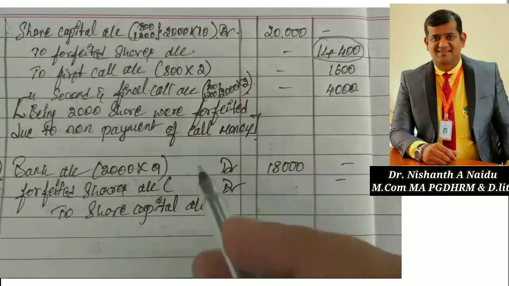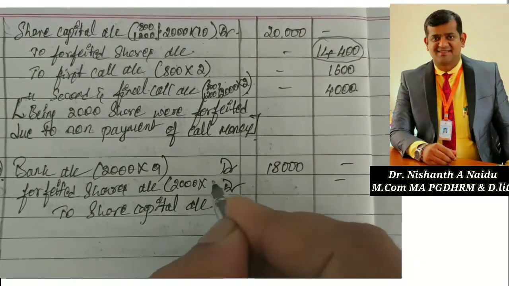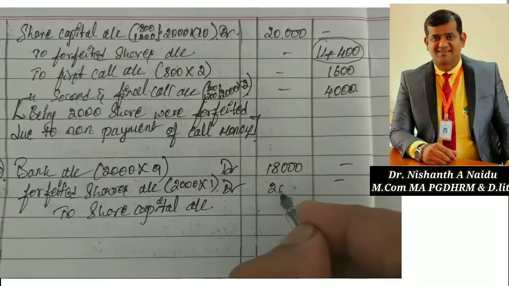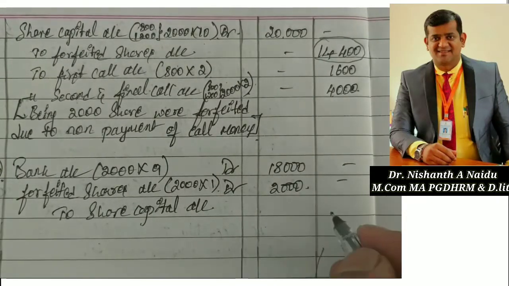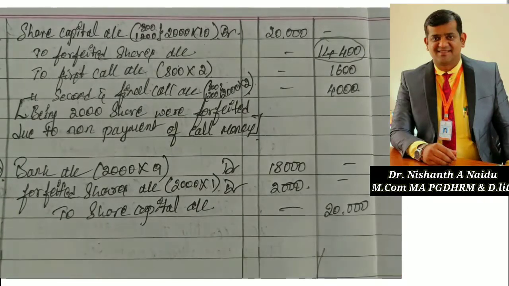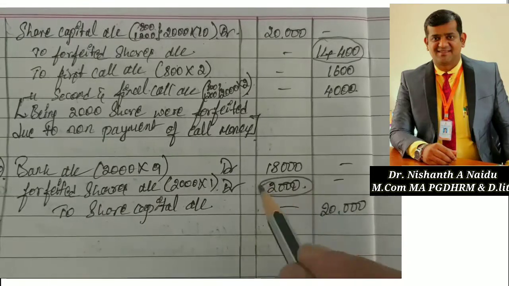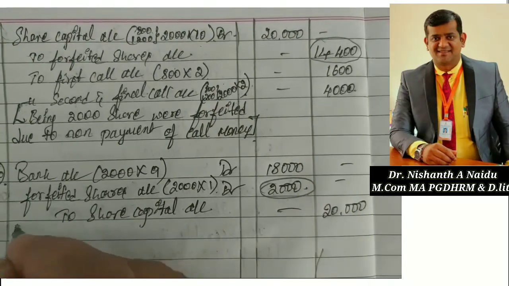So how much then the loss for the company? Actual face value 10, we are reissuing at 9. So the loss is rupees 1. So 2000 into 1, 2000 rupees. So to share capital account, 18 plus 2, 20,000 rupees. So whatever the forfeited shares account comes, you should encircle and keep it ready. Okay. So now write the narration